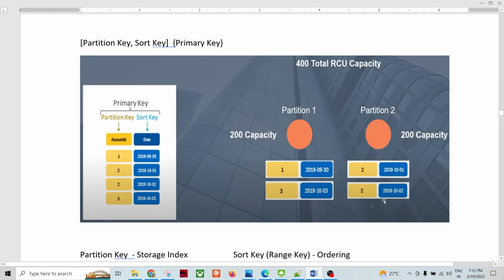In this case the throttling may occur because key 2 is a hotkey, in the sense that a lot of people are interested in this data. So a lot of requests are hitting partition number 2. Even though we have 400 capacity in total, because 200 is allocated to this partition, if the read requests are more than 200,